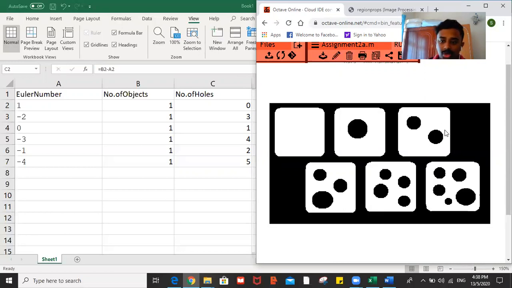The fifth one is one object, and the Euler number given here is -1. Therefore 1 minus -1 is 2. So that is 2 holes. And the last one has 5 holes. How to get the 5 holes is because one object minus the given Euler number of -4 is equivalent to 5